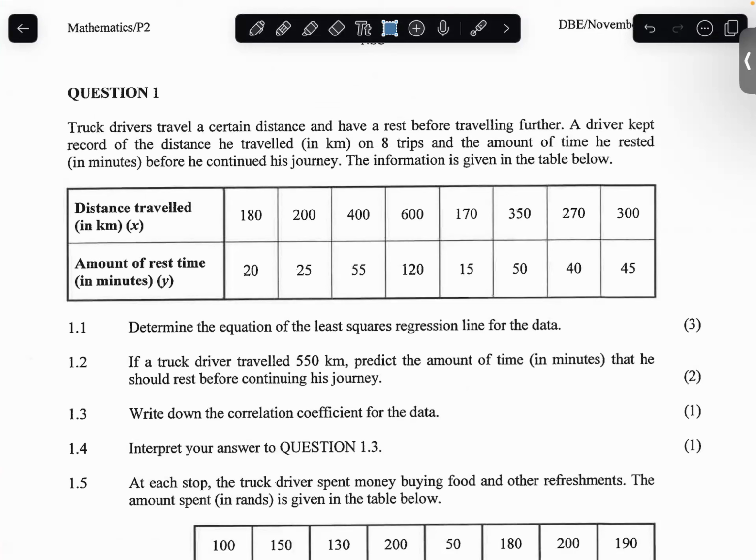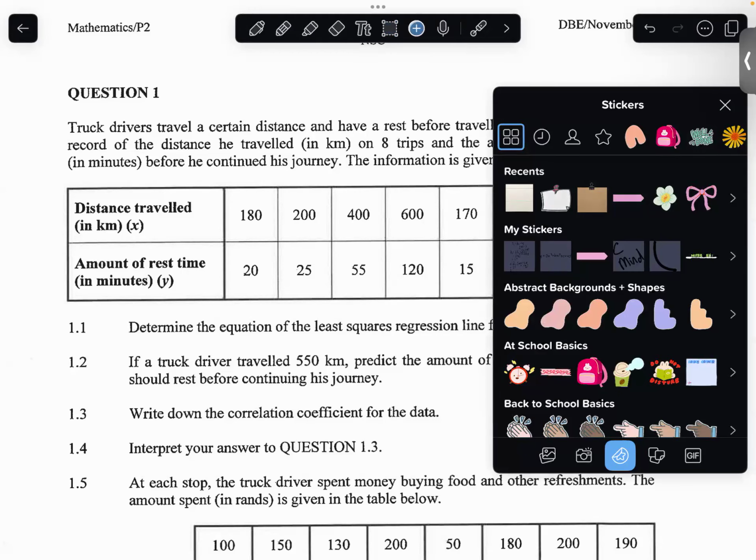A driver kept record of the distance he traveled in kilometers on 8 trips and the amount of time he rested in minutes before he continued his journey. The information is given in the table below. Distance traveled in kilometers is X. Amount of rest time in minutes is Y. 1.1 says determine the equation of the least squares regression line for the data, meaning the line of best fit's